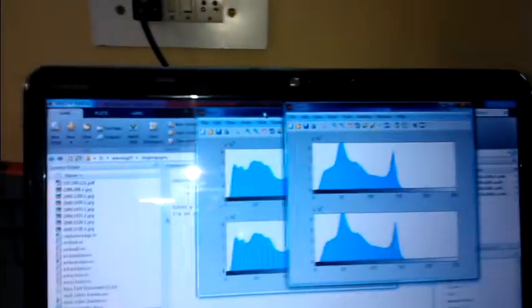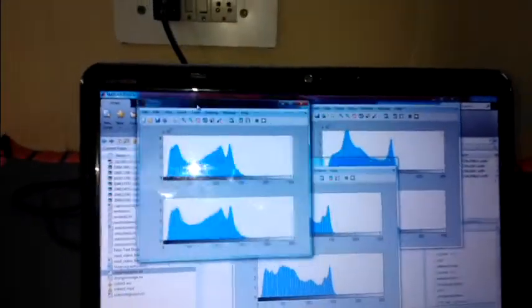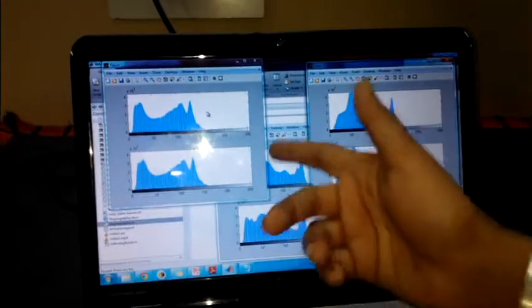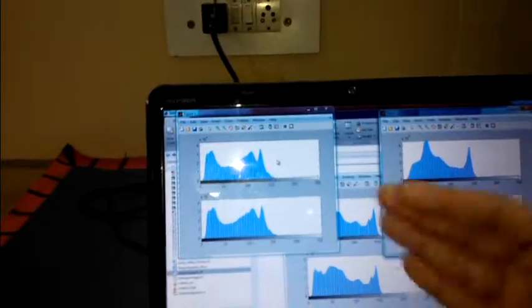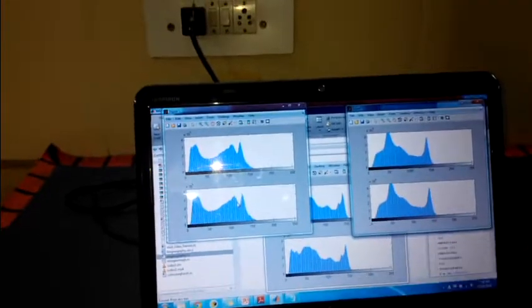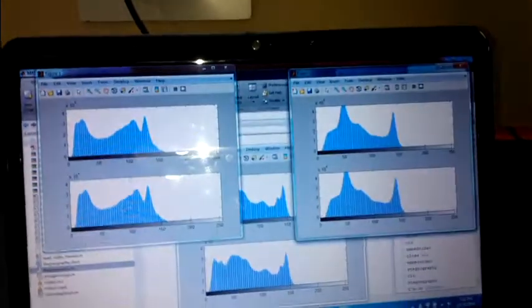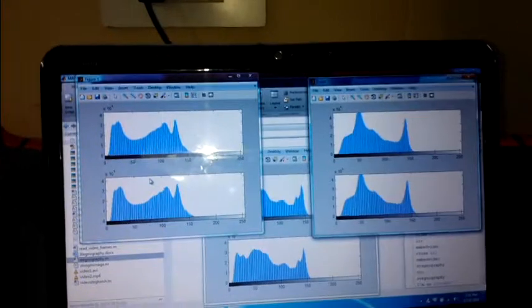Now after embedding, this is the graph of the frequency of occurrence of pixel values. Figure 1 is red, figure 2 is blue, and figure 3 corresponds to green. The above graph shows the original image before embedding, and the lower one shows the image after embedding the data, the text basically. We can see that there is basically no difference even in the whole graph. For every pixel value it shows almost the same value. So we can see that it's a very efficient method of saving data.